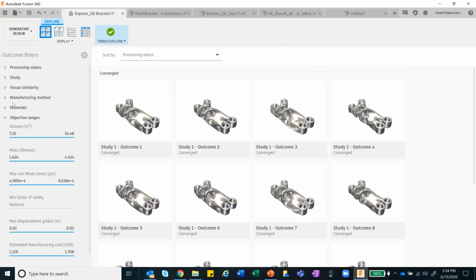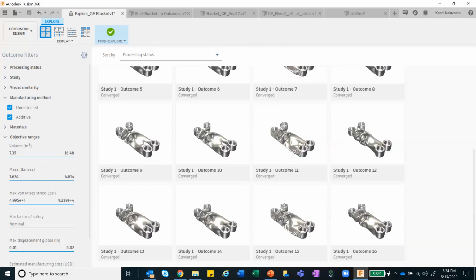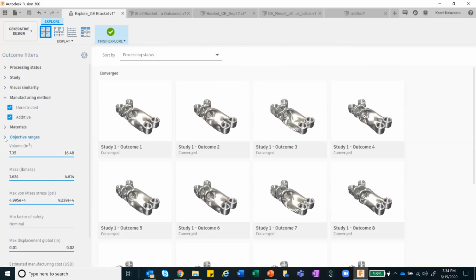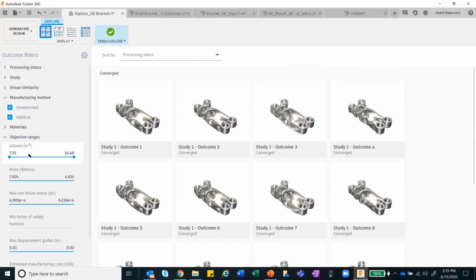So in this case, for unrestricted and additive, it has basically created multiple different outcomes which follow certain manufacturing methods, follow the objectives that we have defined in terms of mass, in terms of factor of safety, and in terms of displacement.